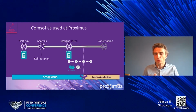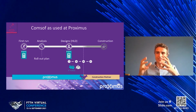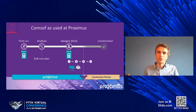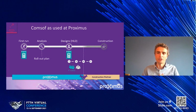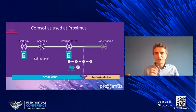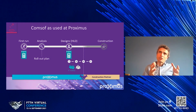So this run 2C, as we call it, is almost one-on-one the input for the real design, the drawing in our inventory, which will generate the work orders, will generate the permits, which we ask of local authorities, and then we construct. There is an interesting third one which is being developed, because one good result of